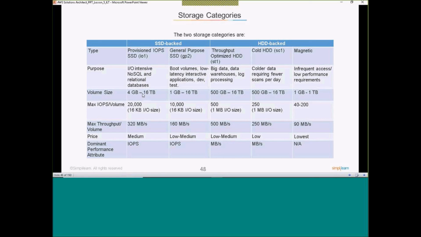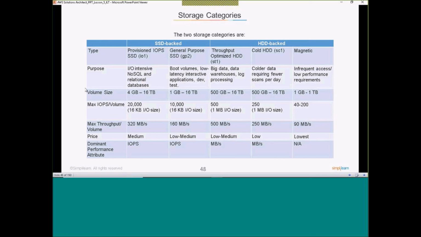Provisioned IOPS gives you better performance, a high number of input output per second, but the price is medium compared to the other ones. The lowest one is the magnetic type of storage. But it just supports up to 1 terabyte, and the maximum is just 200 IOPS. So if you want better IOPS and good performance, you should go with provisioned IOPS.